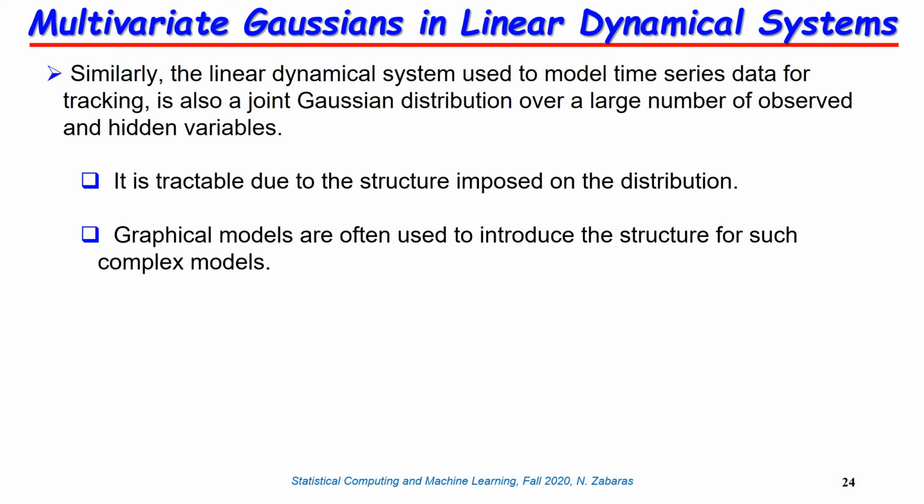So when we do state space models later in the course, we will see how ideas from graphical models can be used to produce very complex structures and probability distributions using Gaussian models. Okay,